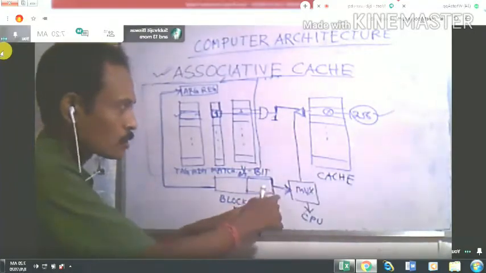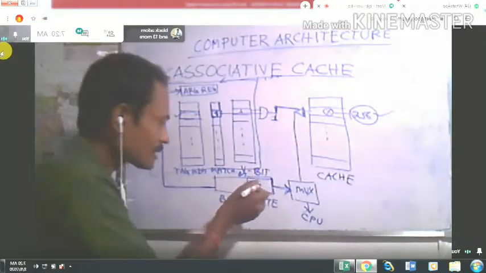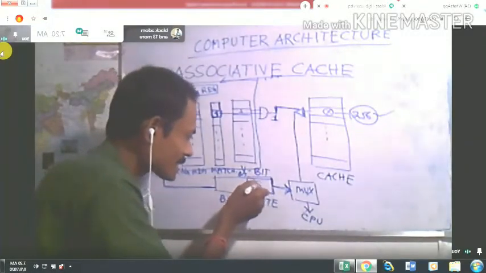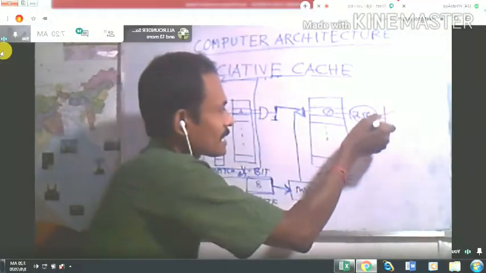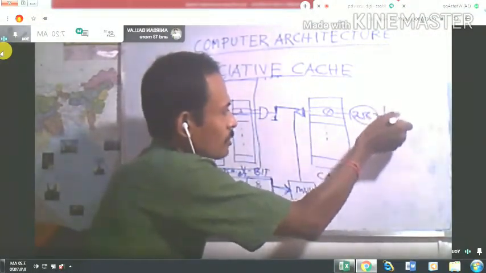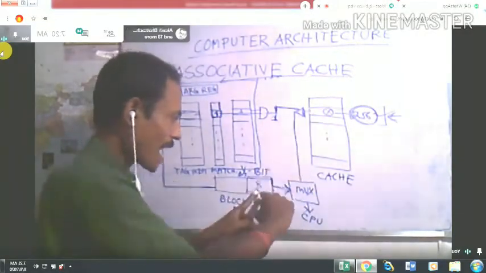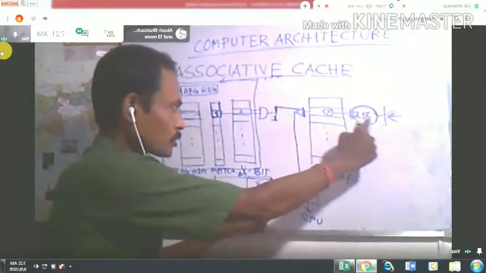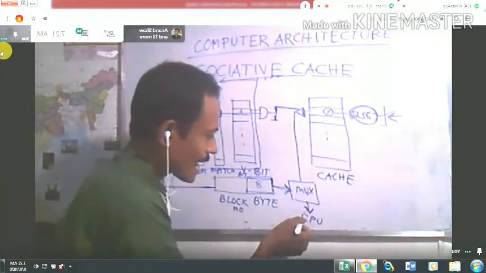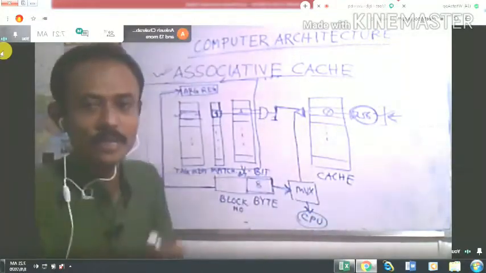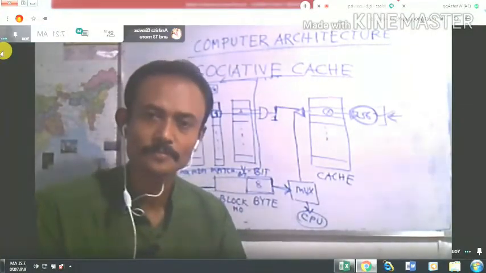What is the size of the byte? The size of the byte is 8 bits. 8 bits will indicate any one of the 256 bytes. So only one byte address will be matched among these 256, and that will come out from the multiplexer, and your CPU will get that particular value from the cache memory.